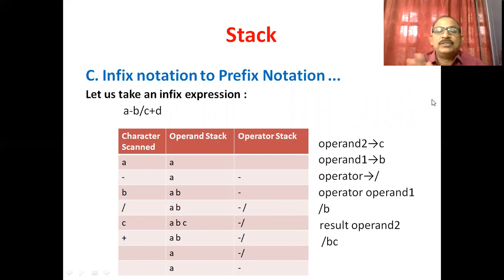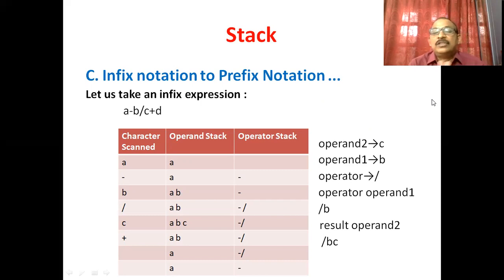So operand 2 is C. And operand 1, the next popped element, is B. And next step, pop the operator from the operator stack. The operator is forward slash.